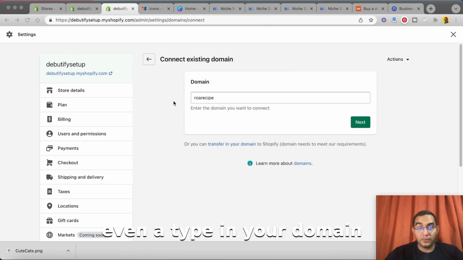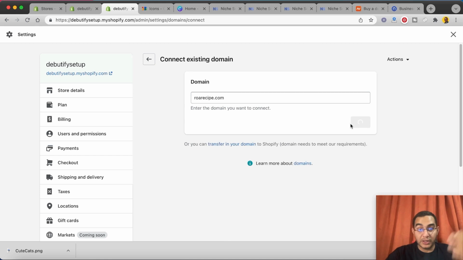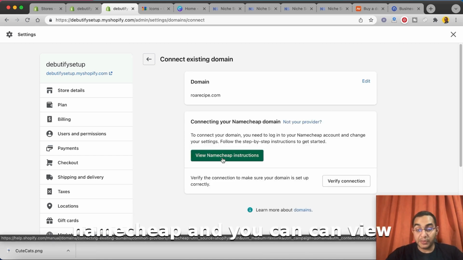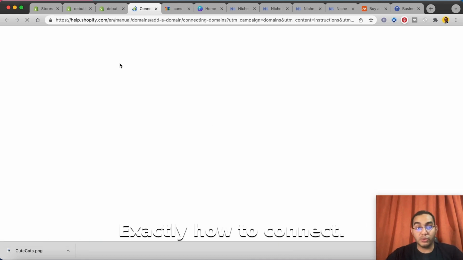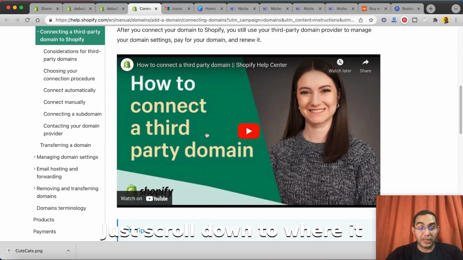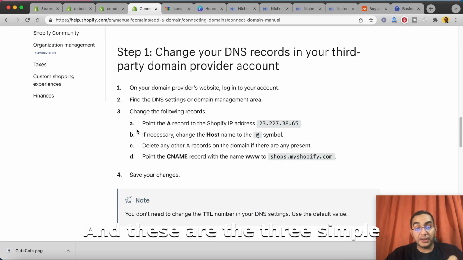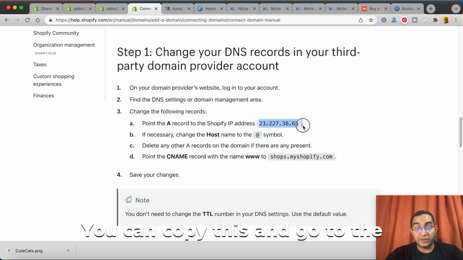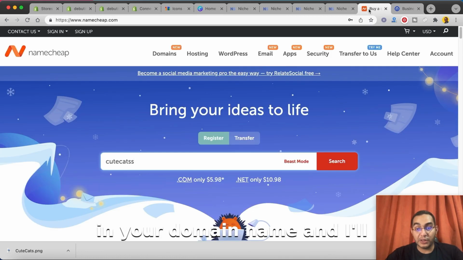Connect existing domain. You're gonna type in your domain here, for example, arrowrecipe.com. Click next. It's gonna detect that you bought this domain from Namecheap, and you can view the instructions exactly how to connect it. Just scroll down to where it says connect manually. And these are the 3 simple steps that you should do. You can copy this and go to the DNS in your domain name,